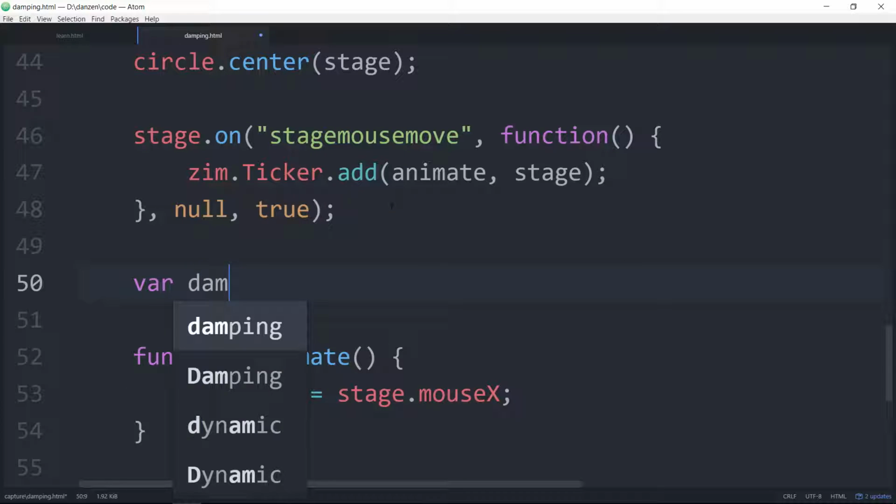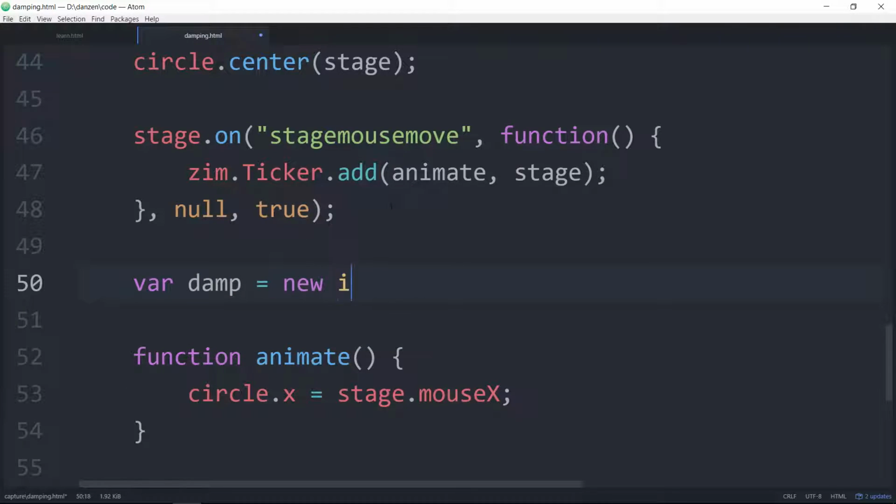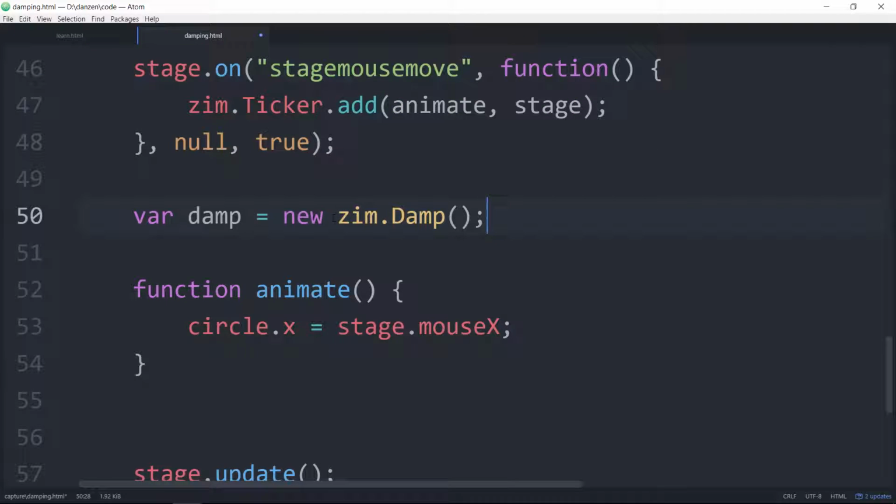Var damp is equal to a new zim.Damp, like so. We need the dot in there, and then two round brackets here. What this does is it starts a damping equation, and then we use that damping equation down in here. Rather than going to the stage.mouseX, we say